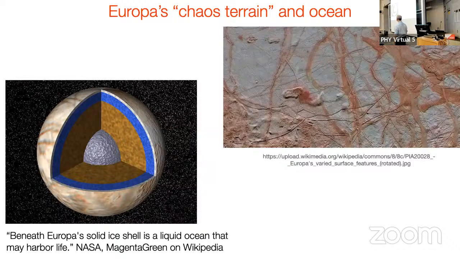But we do know that it's about 100 kilometers of ice and water. That's based on the mass of Europa and its size, and so you can calculate. If you assume that the center is rocky, then you can figure out that about 100 kilometers is going to be water. And this is what the surface looks like. People refer to this as the chaos terrain. Super dramatic again, isn't it? Just beautiful.